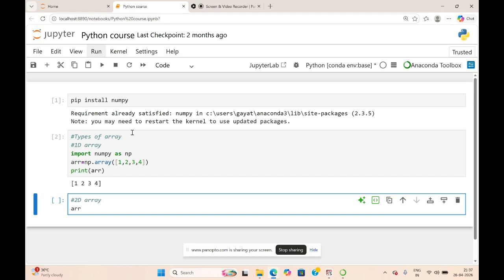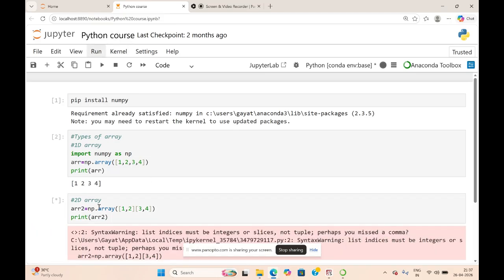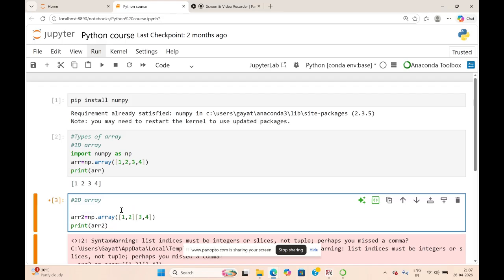Let me create arr2 as np.array of rows and columns, so 1, 2 with 3, 4, and then print arr2.